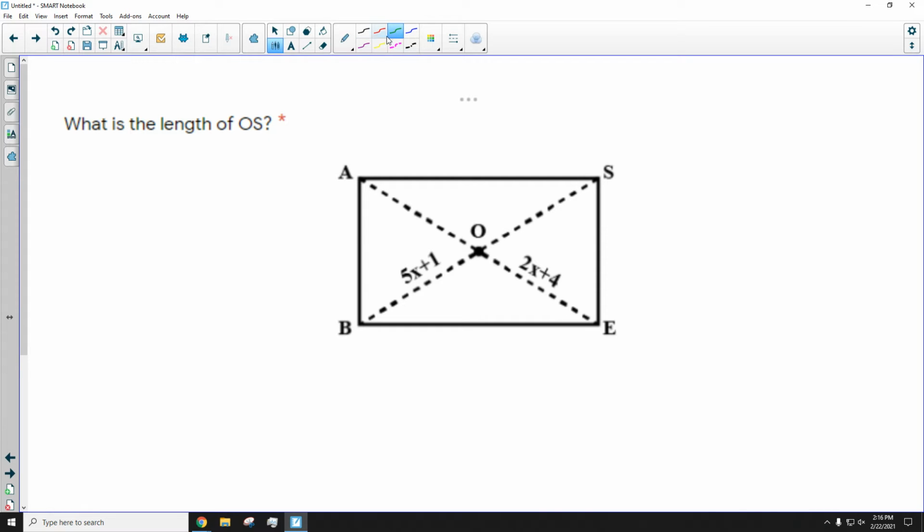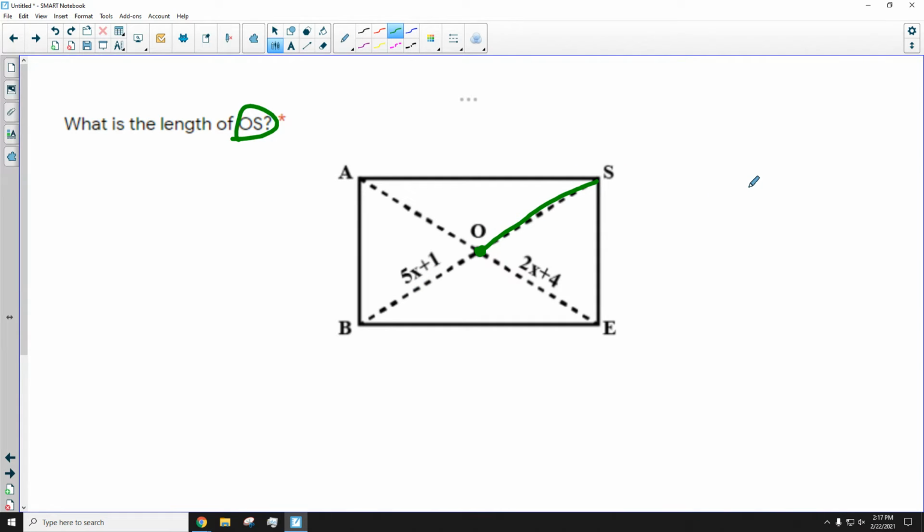All right, so we're on the second to last problem of this little extra practice. So it says, what is the length of OS? And OS is from the center of this rectangle to the top right corner. Now you may look and you'll see we have a measure for BO and OE, but we don't have anything for here,